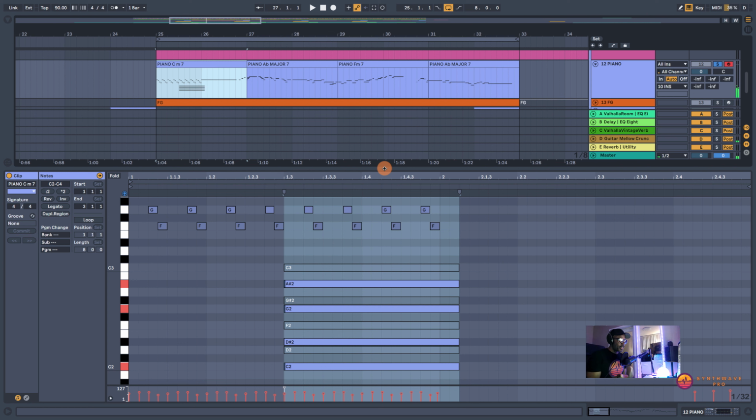And you can use the below, above, below target technique. Then you can start alternating the order. Again, you don't have to do 1, 3, 5. We're starting on the 7th here, and then back to the tonic, and then,